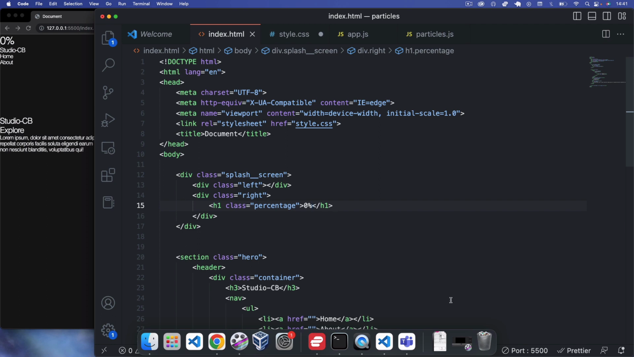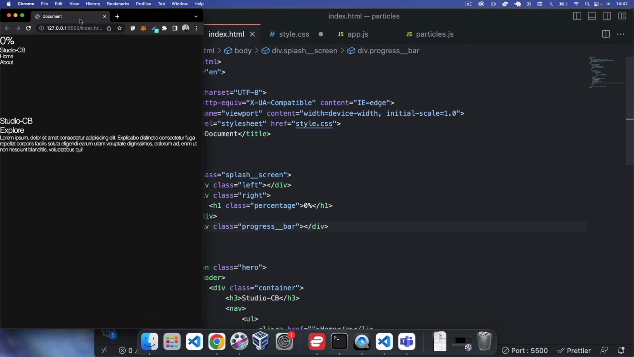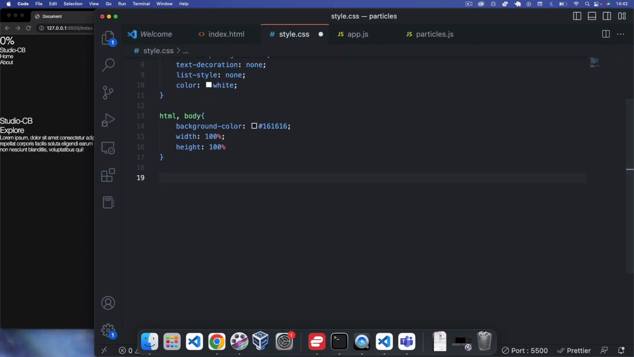Okay, and then what we also need to do is come out of this div and add a progress bar div as well. So progress bar. Okay, that's it for our HTML now. So we have our splash screen that we're going to be using as well. So if you come to our style.css next,